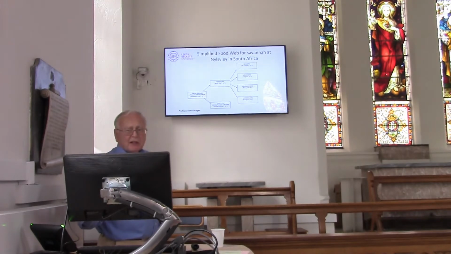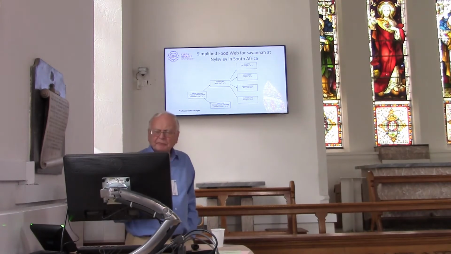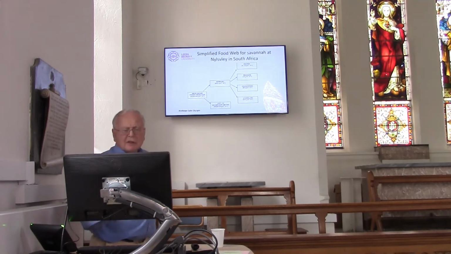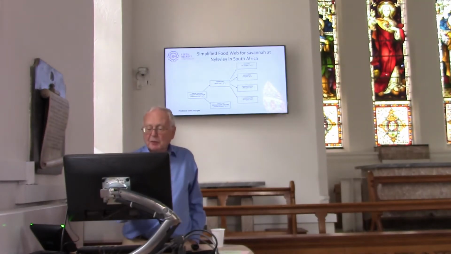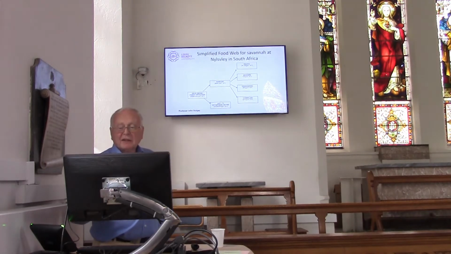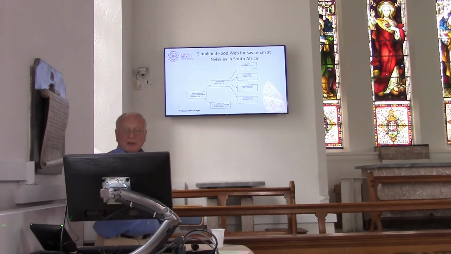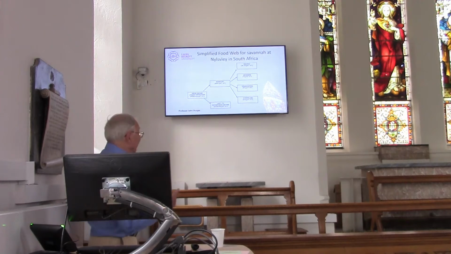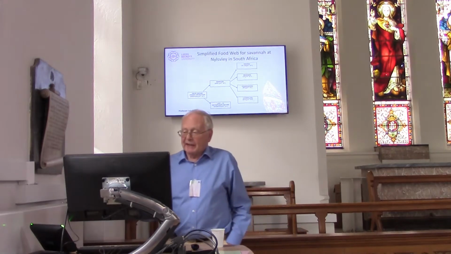This is something I found recently, a food web for the savannah in South Africa. You've got the above ground primary production, 470 grams per square metre per year, and then it goes to the herbivores, which are then fed on by, you've got grazers, browsers, grasshoppers, caterpillars and things, and then the predators live on those. But lost, 410 grams per square metre per year. In other words, you're down to the order of 10 or 15% efficiency with that.